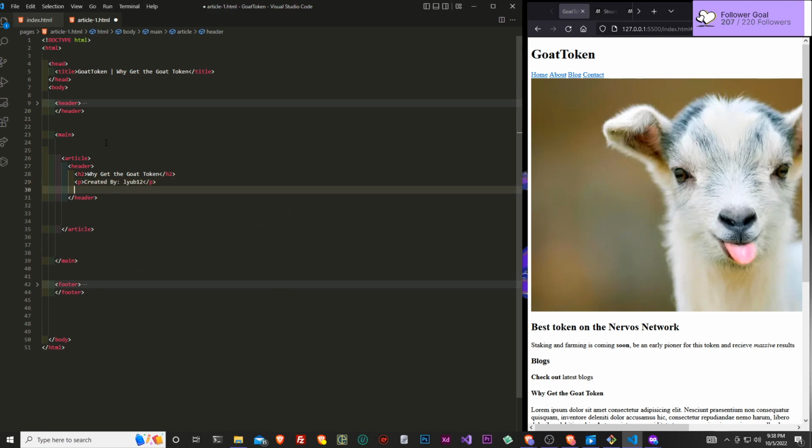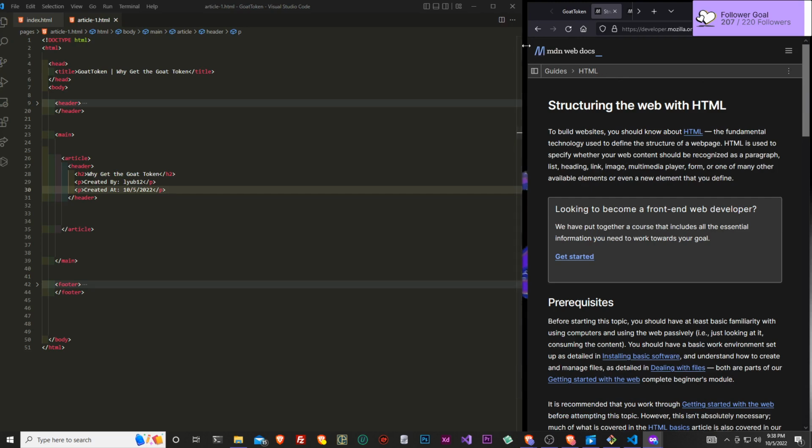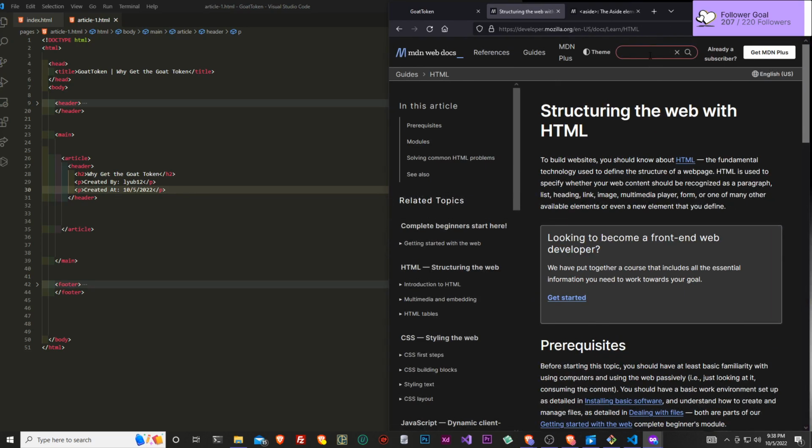And also let's create another p tag, and this is going to be created or uploaded or created at, let's add in the date, 10/5/22. Now I know there's a date element that we can be using in order to explain what this is,